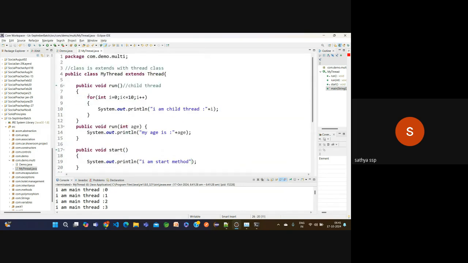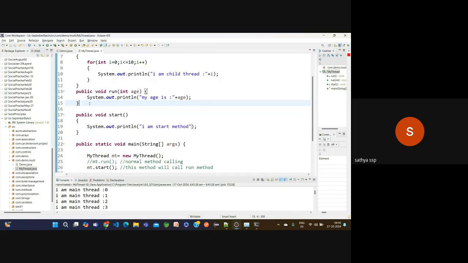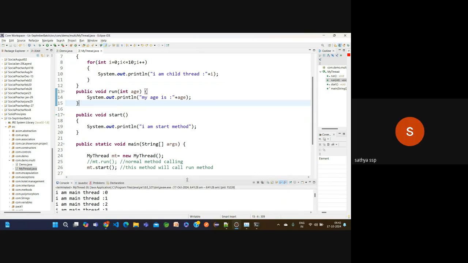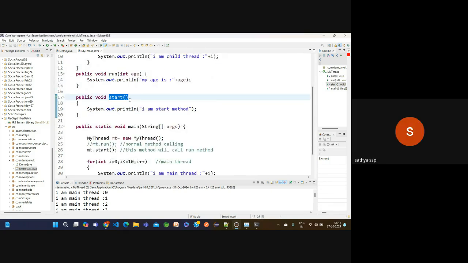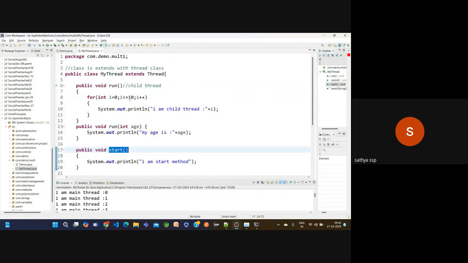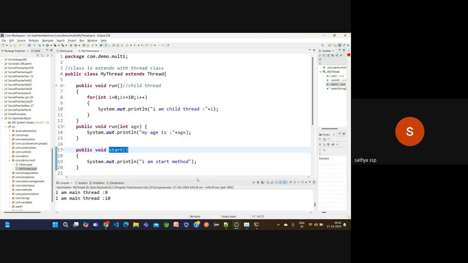In this case I'm using the default run method, and I'm using a start method, with a run method again along with it. Which method is going to be called? Just guess. Maybe the start method and the run method, both. Okay, right click, run as Java application.